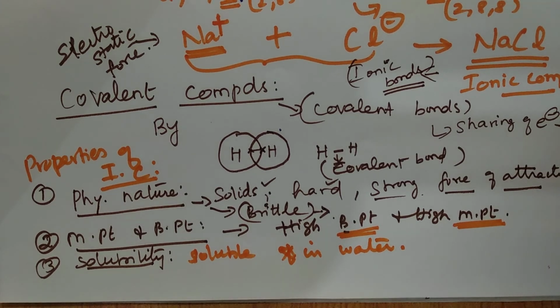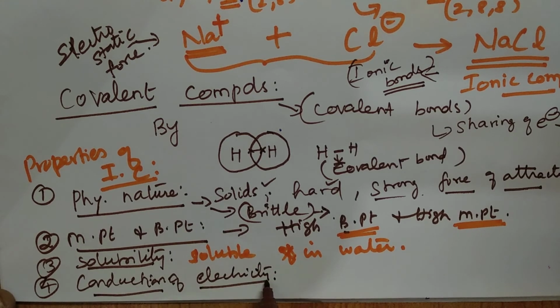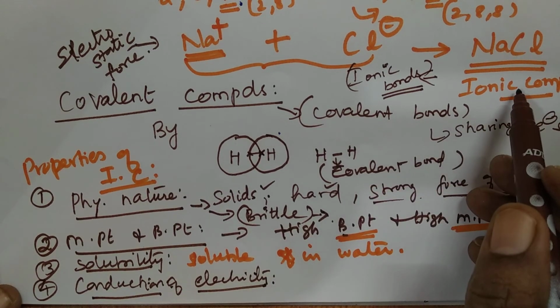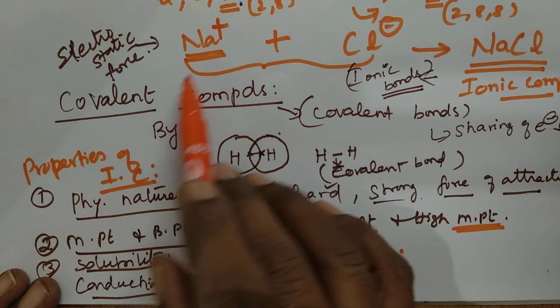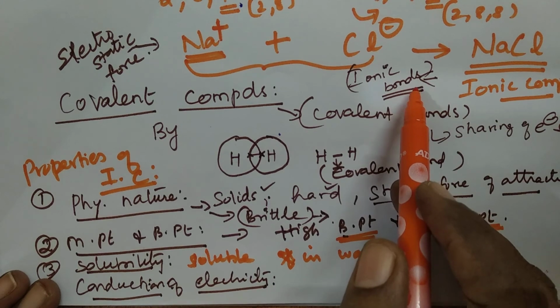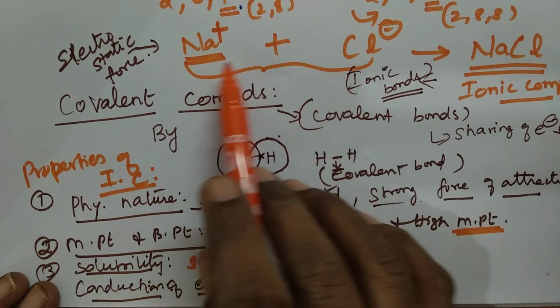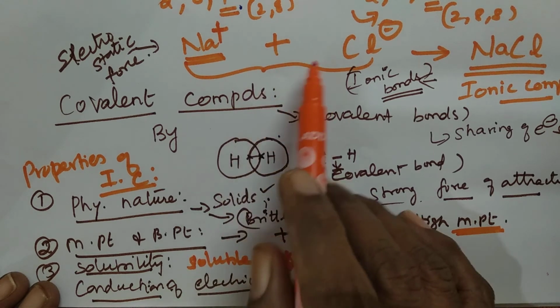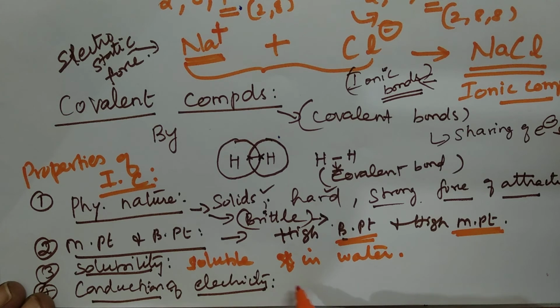Now, the last one we will go with is the conduction of electricity. As I told you, they conduct electricity. They are able to conduct electricity because they form ions when they form compounds. Positive ions and negative ions are formed, and they combine due to the attraction between them, a strong force of attraction, as I told you. They become ionic compounds. But you need to write it like this.